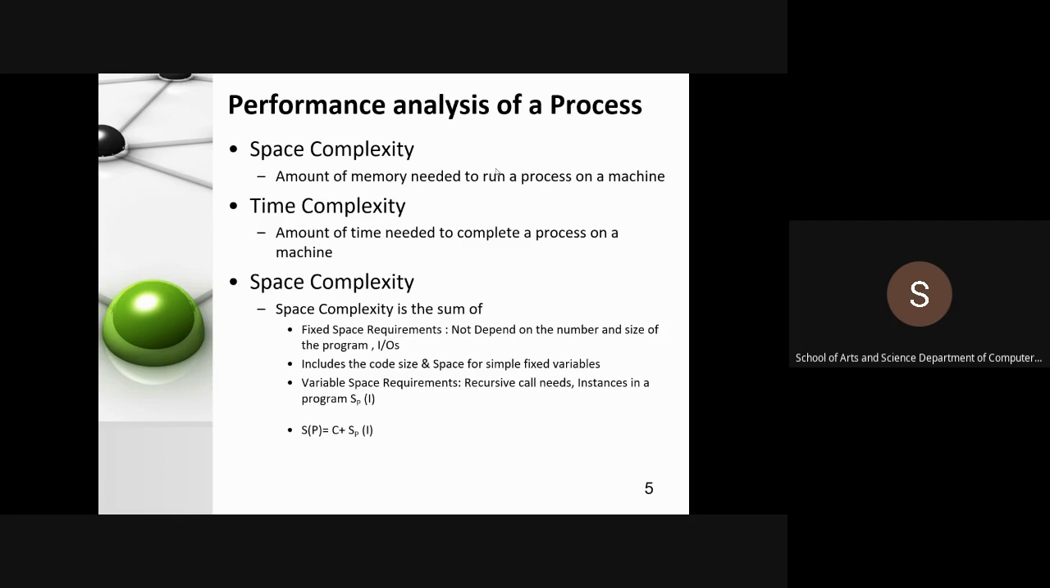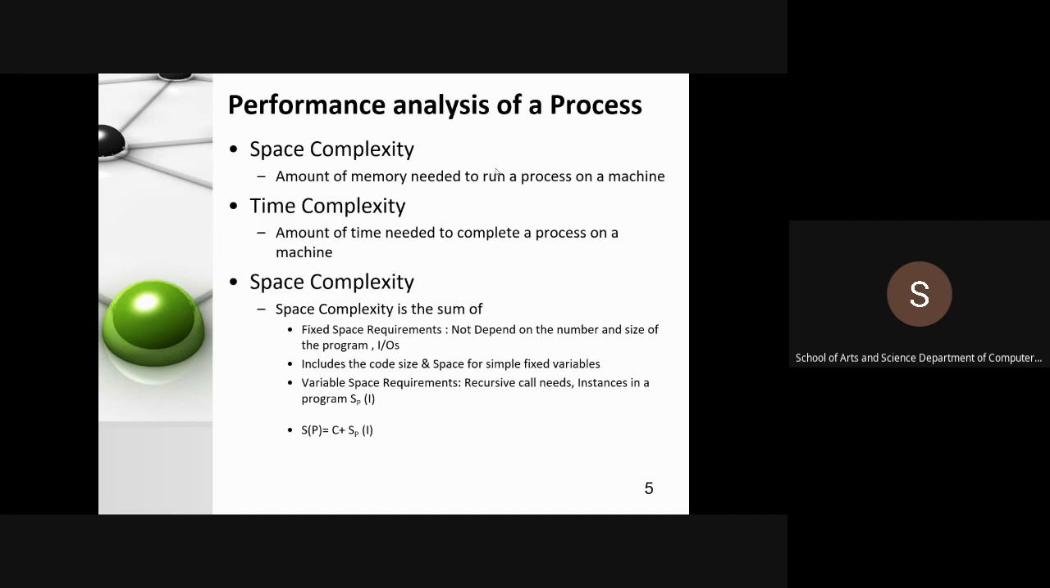Suppose for a first recursive call, the recursive call may return the result within 3 steps. For another input, the same recursive call may return the result in 5 steps. So here the space requirement will vary. So this is considered as variable space requirement. Like that, instances of a program, that means objects within a program. All objects do not take the same size. So these are all considered as variable space requirement, and that variable space requirement is denoted as